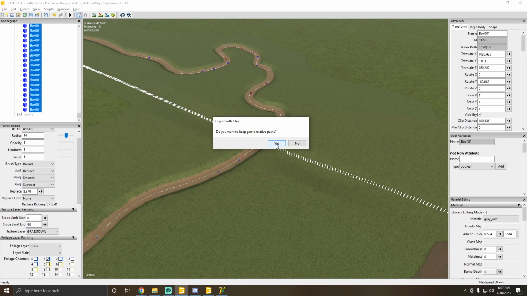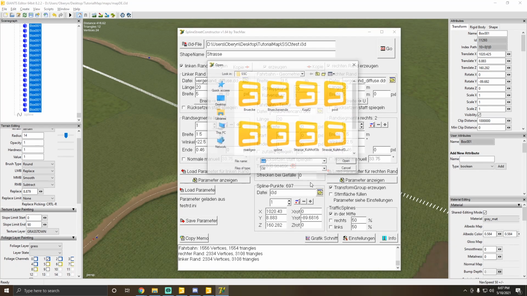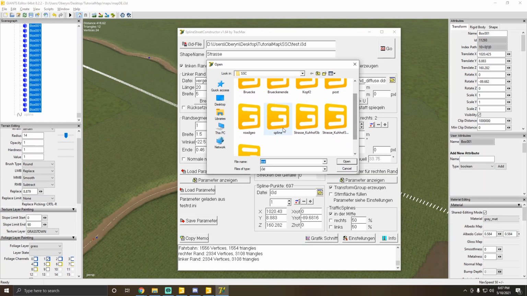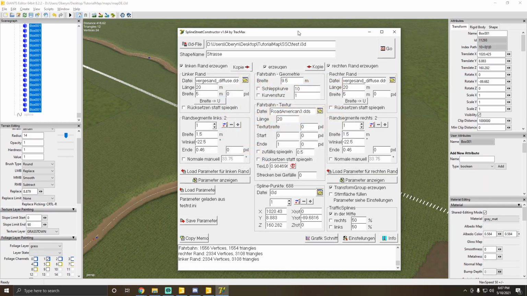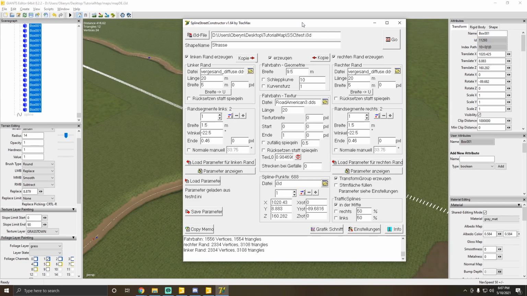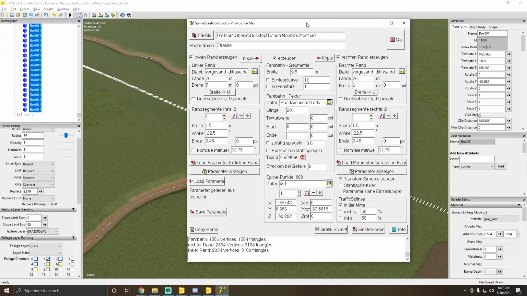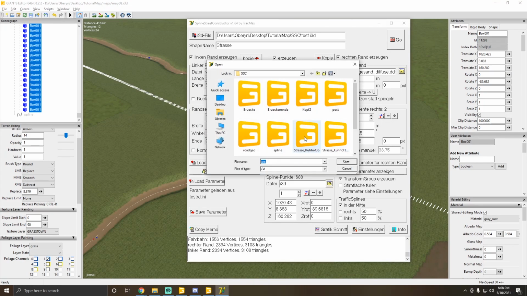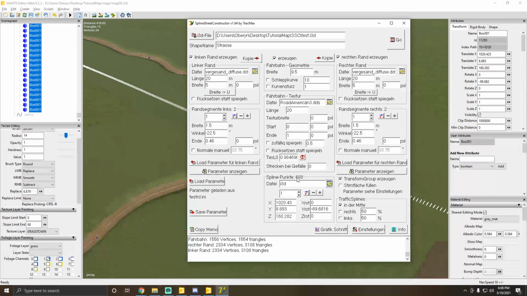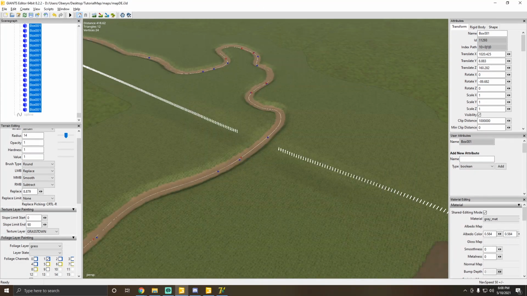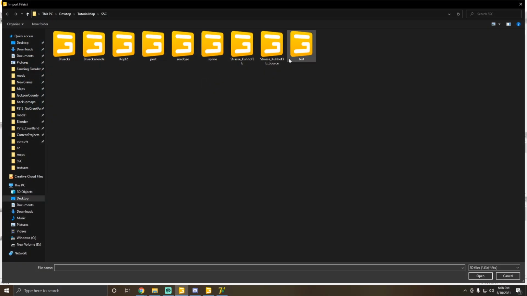It's actually kind of good that it didn't work out perfectly, because I was able to show you guys what happens. That's also why another lesson is keep Spline Street Constructor open in the background. Don't close out of this after you're done using it, because A, it's going to make making the roads a lot faster, and B, if you screw up, you can always come back here and reload the spline every time. You can change the spline up a little bit, reload the spline, rerun the script, because everything else is ready to go. Then you're going to import, test,